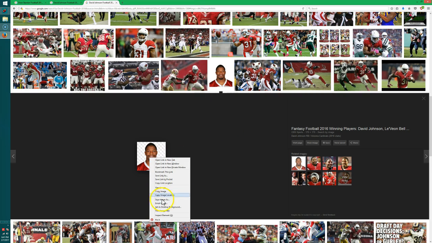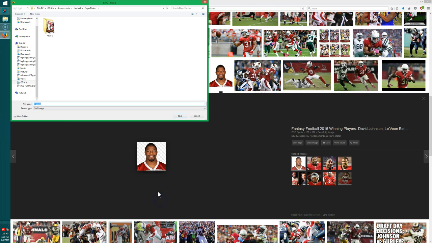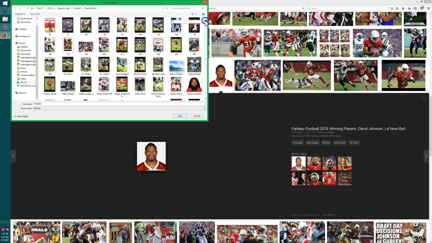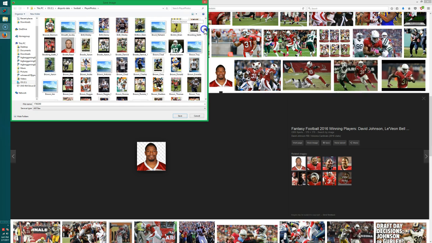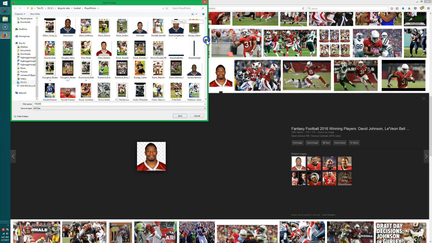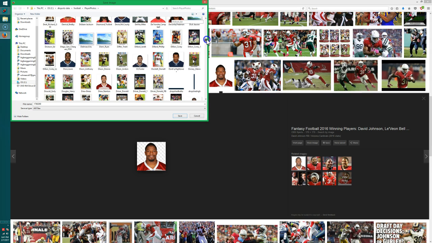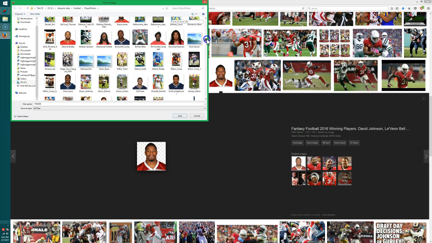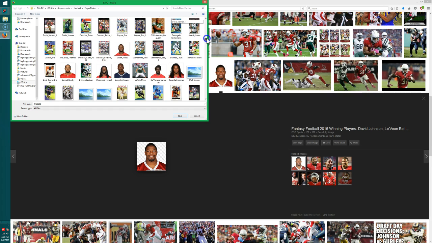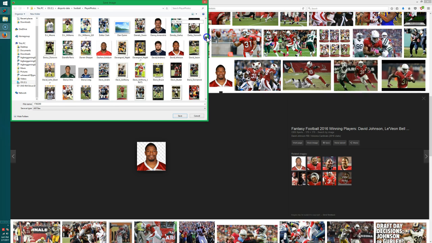Now I right click, left click, all files, find his name. Okay, here's his photo right here. Okay, I'm going to right click, left click on edit,